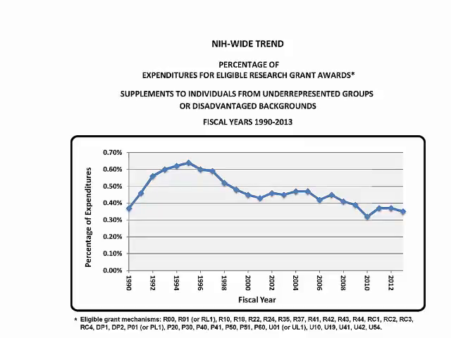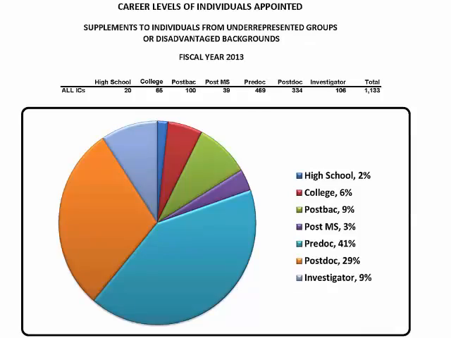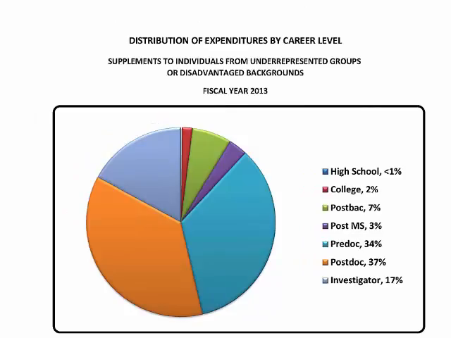So if we look at the percent of all NIH expenditures for these awards, you see that it's a really small percent. And that's because these are really under applied for. People forget that they can apply for these. Now if we look at who gets it, if you remember, I told you that high school all the way up could get it. And what you can see here is that the majority of these are going to postdocs and to junior faculty. Okay, so that doesn't mean if you have a talented high school student you want to have work on your R award, you shouldn't apply for one of these, but that's just a smaller piece of the pot. They don't get a lot of those applications.